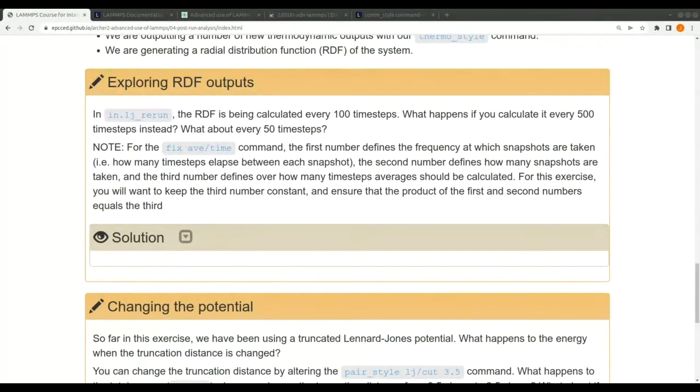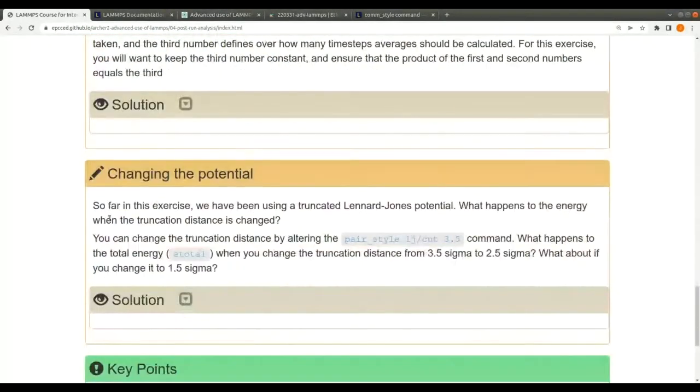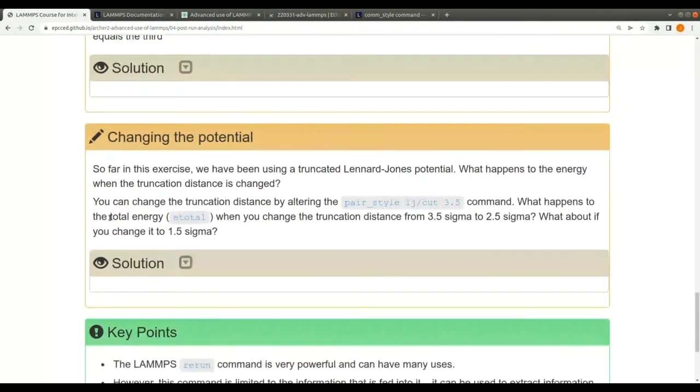And for the second question, because I'm aware of time, what happens if you change the potential? What should happen is, for a Lennard-Jones potential, I would expect that there's not very much change in the total energy when you change the truncation distance from 3.5 sigma to 2.5. The energy will be ever so slightly lower at 2.5 than 3.5. But if you change it to 1.5, then there will be a drastic noticeable change in